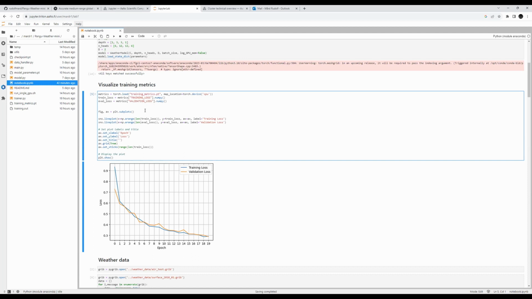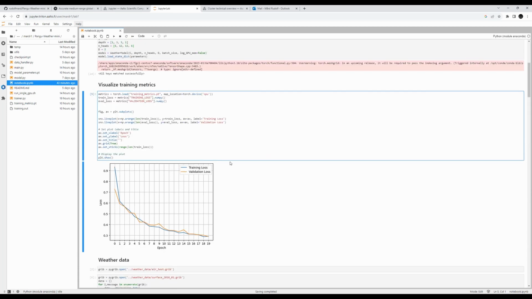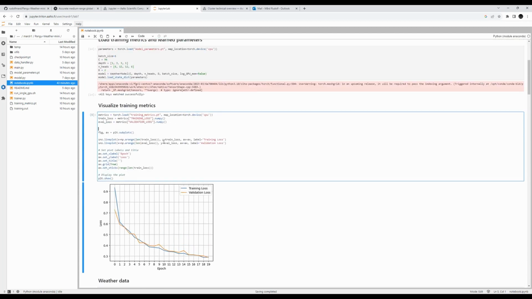Like those smaller tasks, and if you have something to debug, something you have to check, it's much easier to run small pieces of code here to check little things and also do the visualizations. I guess it's very convenient because in this notebook you can access the file system on Triton, so you don't need to ship around the results you get from all this heavy number crunching. You store the results in this PT file in the same file system that you can then access in this notebook. Yes, exactly. I see. Okay, very nice.